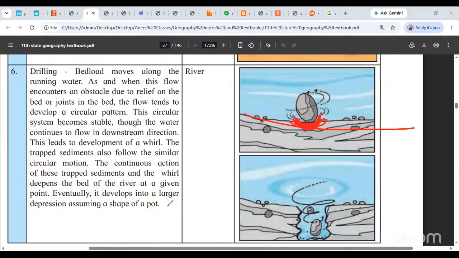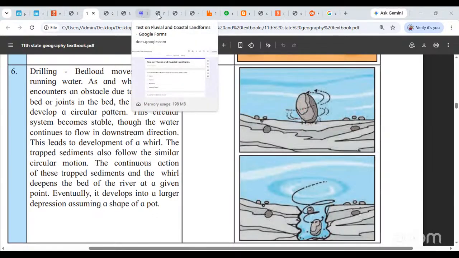a small depression. Okay, then as and how, because it is moving around, right, the water will move like this around it in the form of eddies around the boulder, because that boulder is an obstruction. The river water will move around in eddies, so it will give it that washing machine वाला motion. Okay, and वो जो गोल गोल घूमता है उसकी वजह से यहाँ पर नीचे एक depression develop होता है. The depression goes on becoming bigger and bigger and bigger, ultimately forming larger holes like this. Okay, बड़े बड़े potholes बनाता है. Let me show you what those potholes look like, because that is definitely an erosional feature.